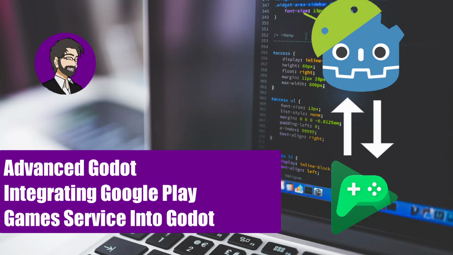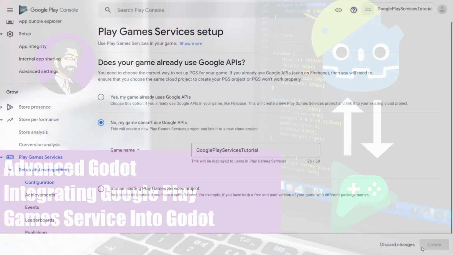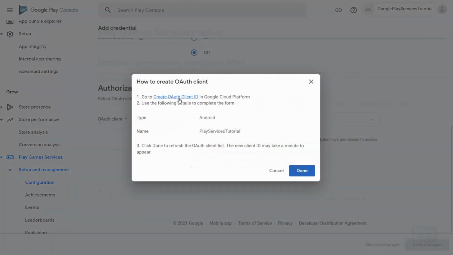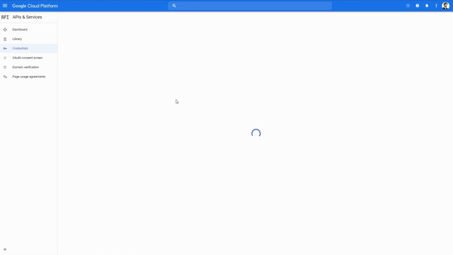Hey guys, this is Mitch with FinePoint CGI, and today we're going to talk about how to integrate Google Play game services into Godot. We're going to go through the process of setting up our Godot project, and then we're going to dive into the code and do a deep dive of what each option is and each callback is and how